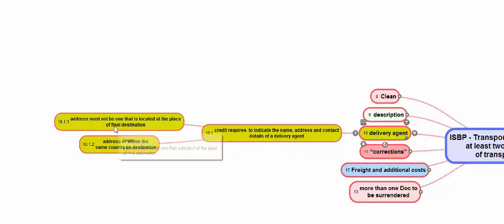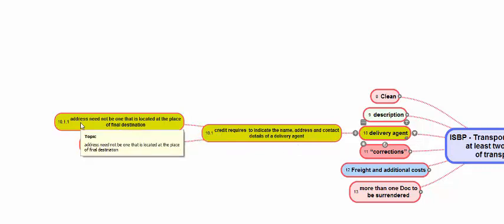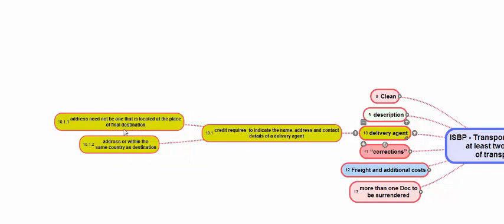The transport document will indicate the delivery agent, but that address need not be in the same place as the final destination. For example, if you have a shipment to France, the delivery agent need not be in France. A delivery agent can be in Spain, Italy, or Germany. So when the credit requires details of the delivery agent, the address mentioned need not be in the same country as the final destination.